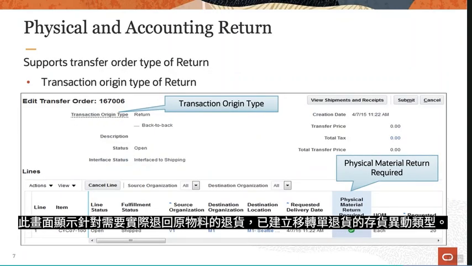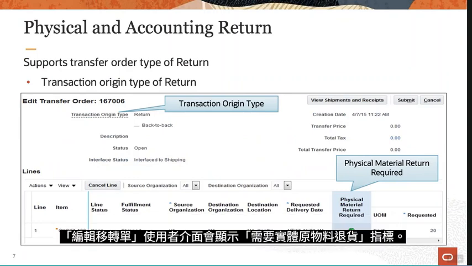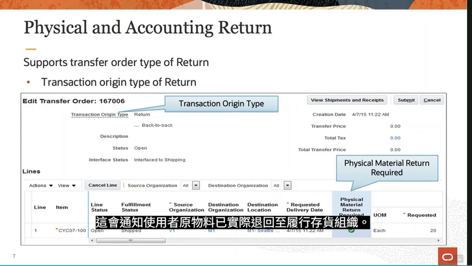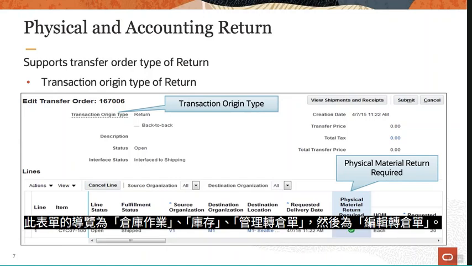This screen shows that for returns that require physical return of material, an inventory transaction type of transfer order return is created. Shipment lines and reservations are created in this case. Full pick, pack, and ship support is provided for physical material returns. The Edit Transfer Order user interface displays a physical materials return required indicator. This informs the user that the material was physically returned to the fulfillment inventory organization. The Edit Transfer Order user interface also provides a reference to the original transfer order. The navigation for this form is Warehouse Operations, Inventory, Manage Transfer Orders, then